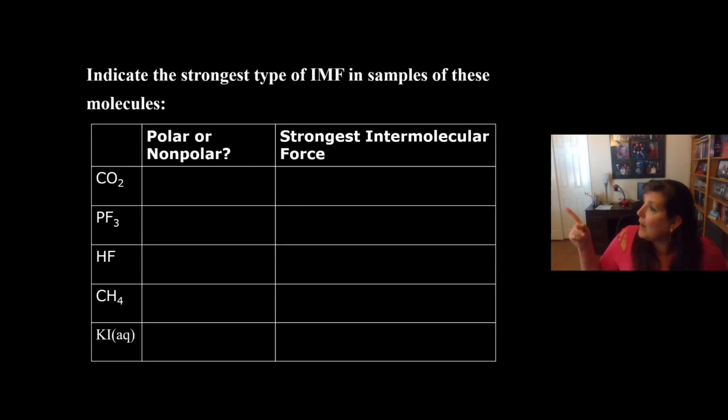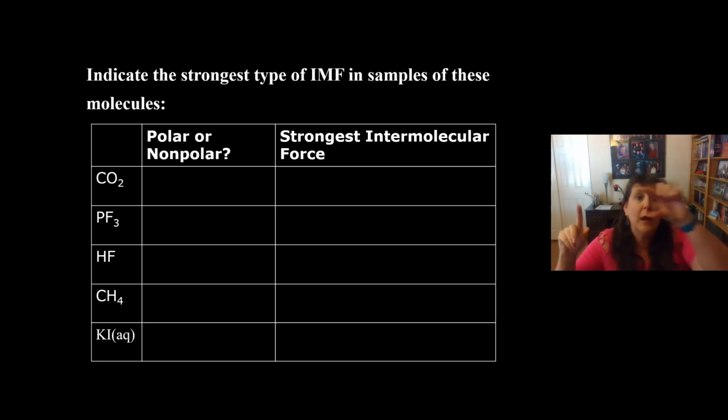We have 5 molecules, and we're going to determine if they're polar or nonpolar first, and then figure out what force goes with them. The first molecule is CO2. Now, how do we determine if something is polar or nonpolar? Well, this goes back all the way to Chapter 7 when we do Lewis dot structures. Carbon's in the middle, and the carbon is double bonded to an O on the right side and double bonded to an O on its left side. It's linear with carbon in the middle.